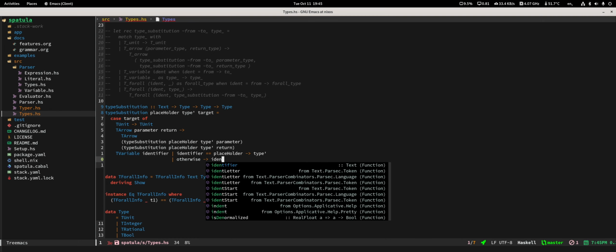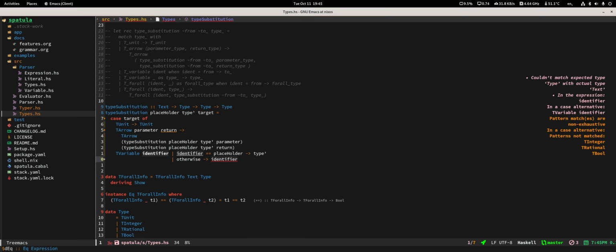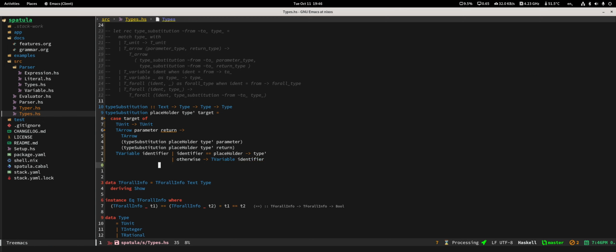Yeah, this is identifier, right? Is this correct? I'm not certain. No, it's not correct. T variable and then the name. Your return is text there. Okay, seems to be okay. I'm very surprised that this syntax exists. Yeah, next. It's also complaining about the